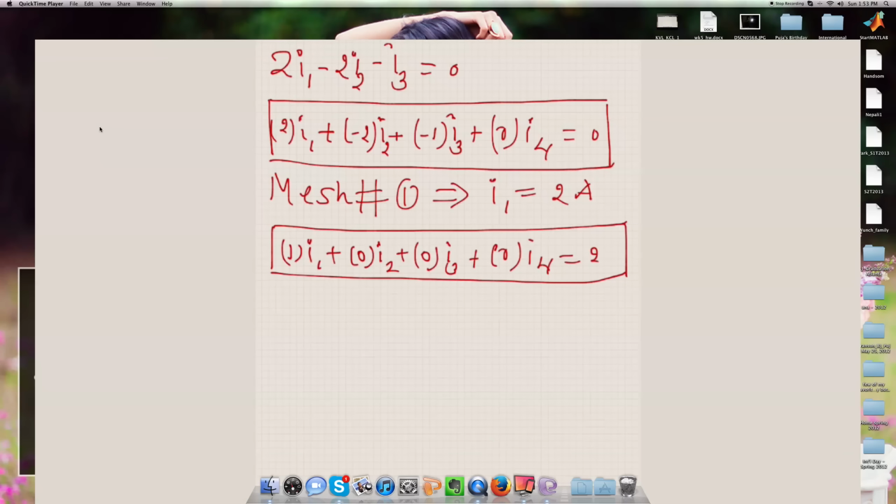So we have two expressions ready to go. We need two more. All right. So let's look at mess number 2. Let's use our good old KVL. So in mess number 2, KVL will yield